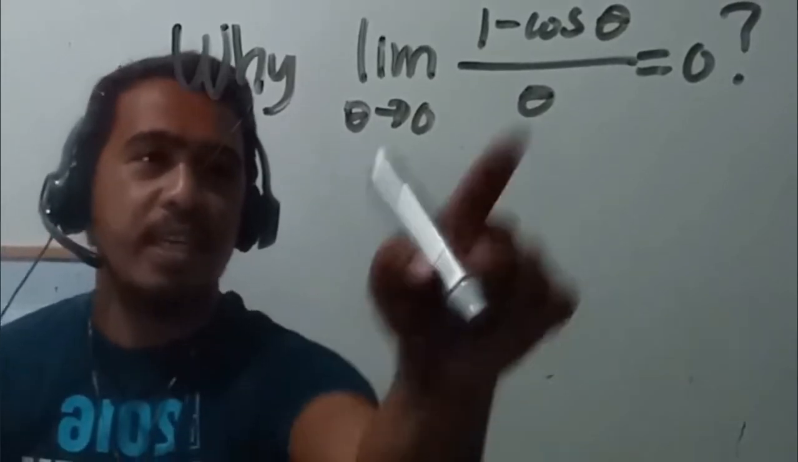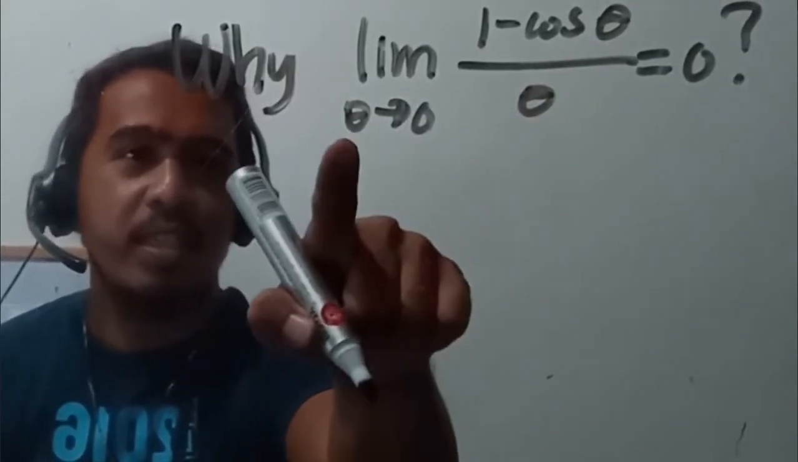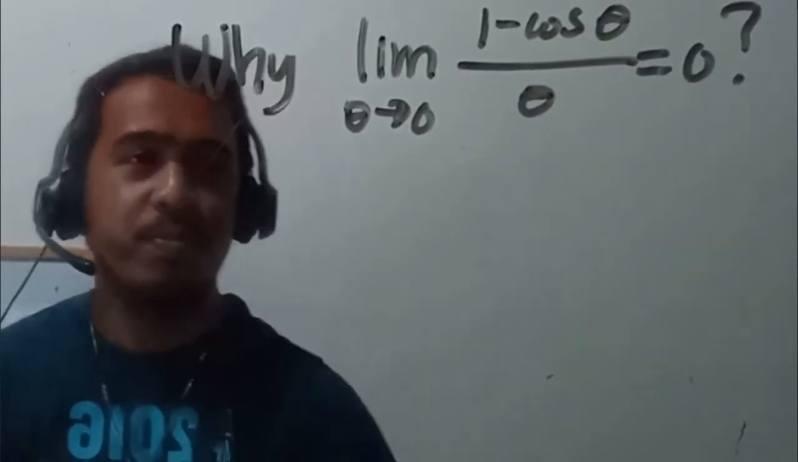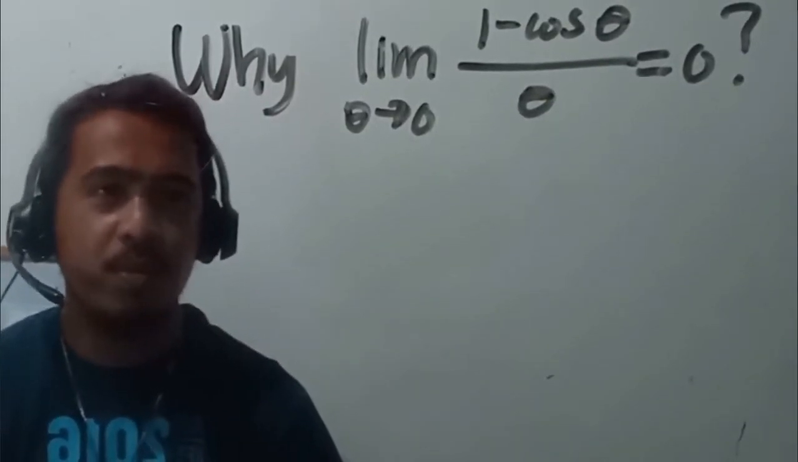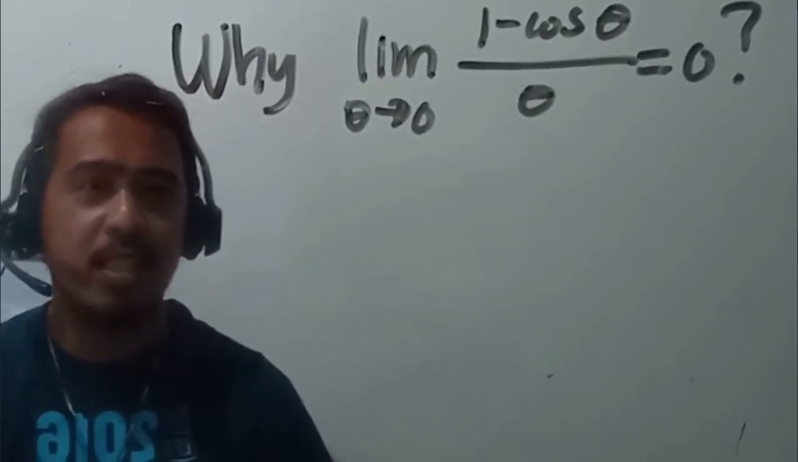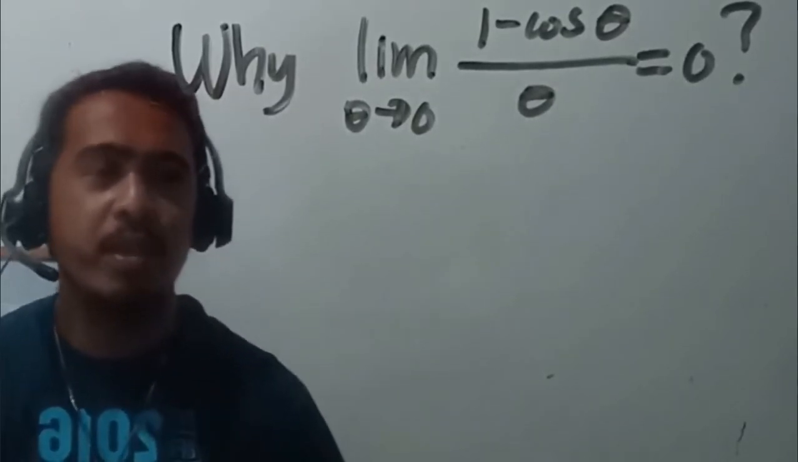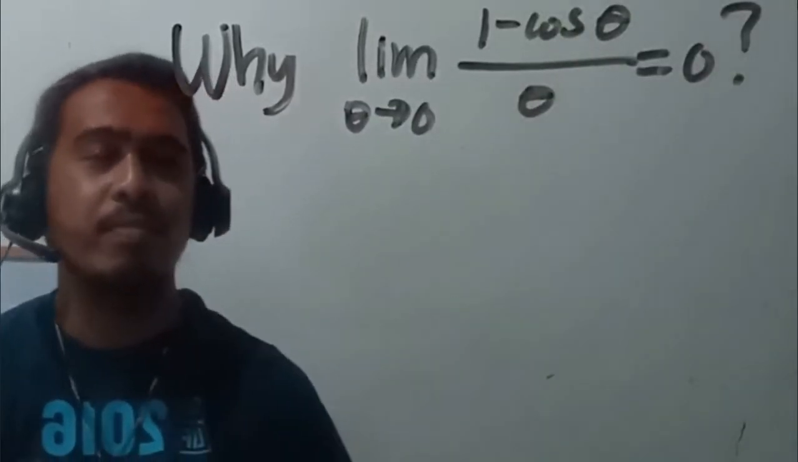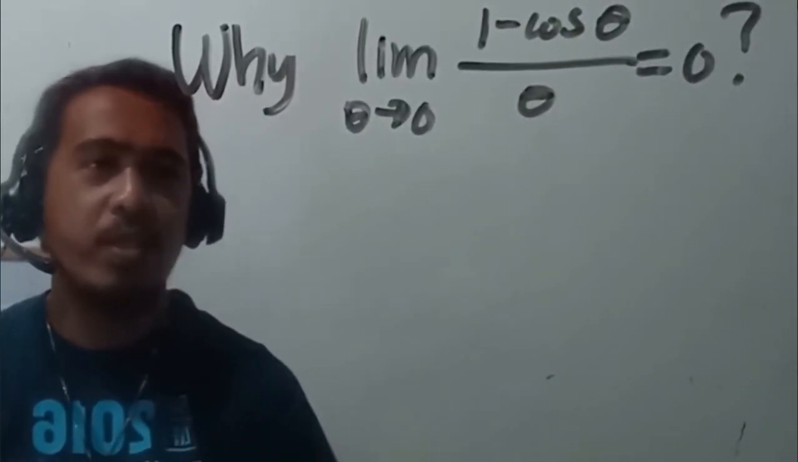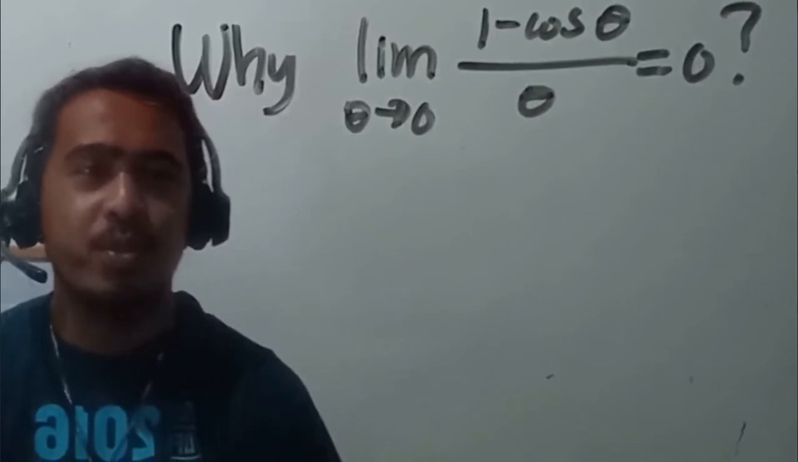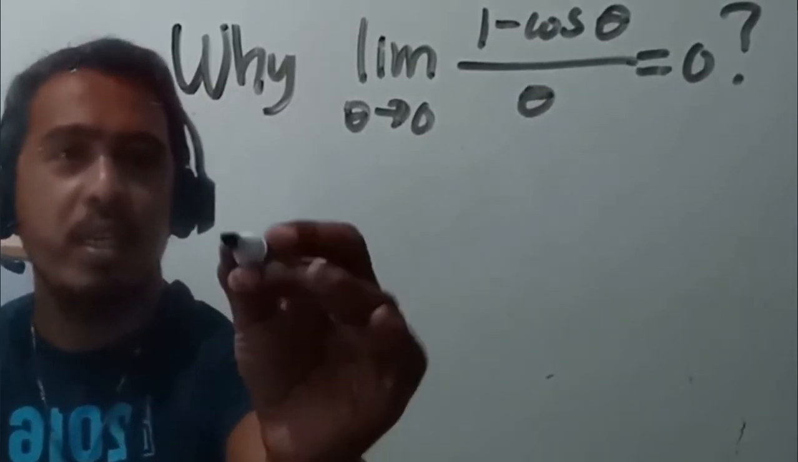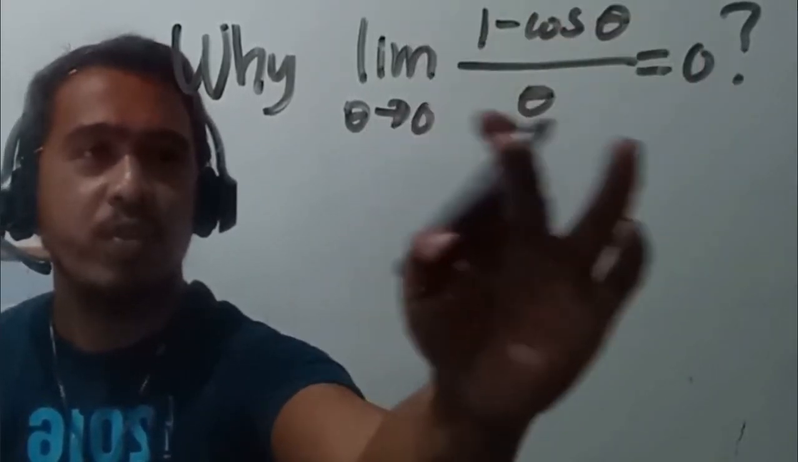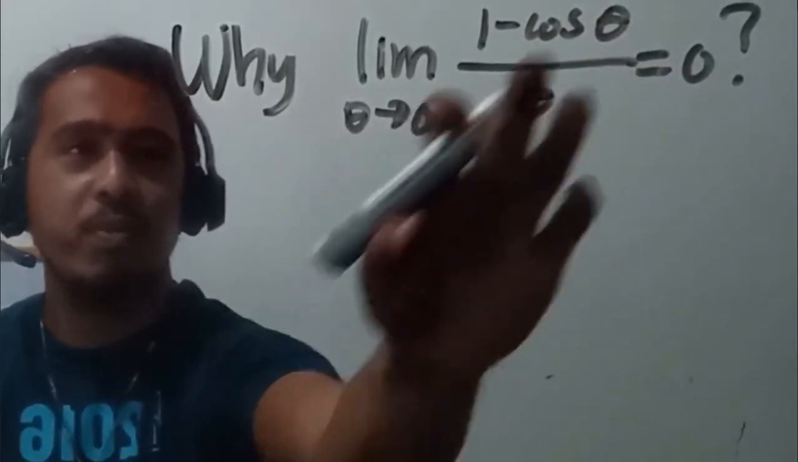The limit of (1 minus cosine theta) over theta as theta approaches 0 is 0. This is a continuation of our previous video. The limit of sine theta over theta as theta approaches 0 is 1. And why is the limit involving cosine just 0? To explain it, we will be finding an equivalent function, because as we substitute it here,